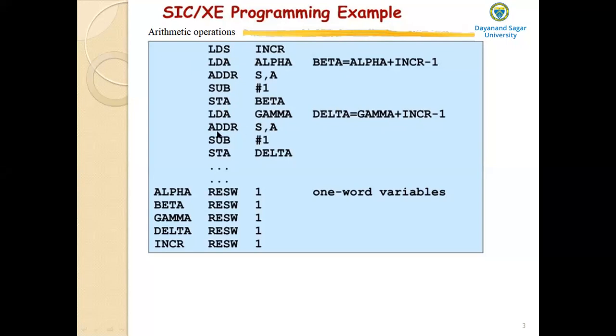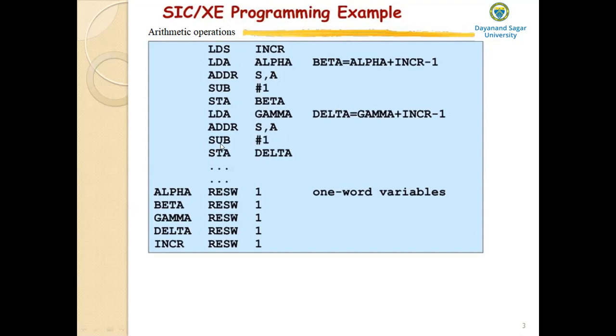You can add them using the ADDR instruction, add register S comma A. Now the result of addition is in register A, and you have to subtract 1 from register A. So use the subtraction instruction. You can use immediate addressing to specify this value 1 as part of the instruction.